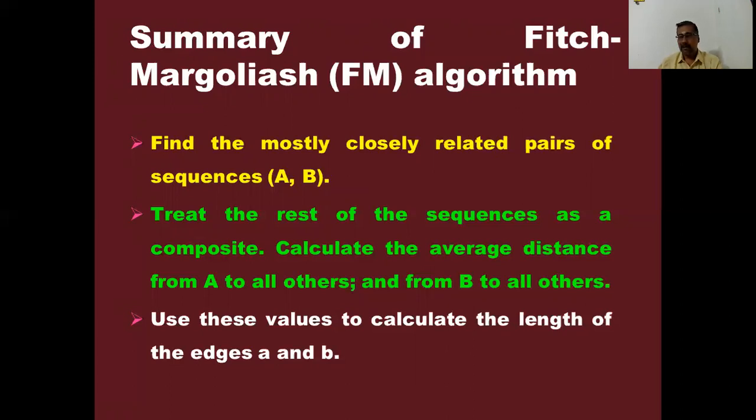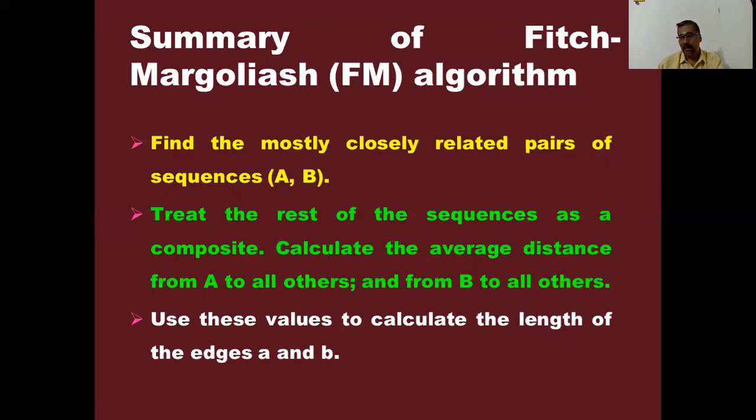After creation of the distance matrix table, you find which is the closest similar neighbor. So here also we found AC is very similar. Like that, you find the most related species. For example, here it is AB. If AB is the most closely related species, you treat the rest of the sequences as composite, that is C, D, E. You keep AB, CDE should be amalgamated, or CDE should be composite.